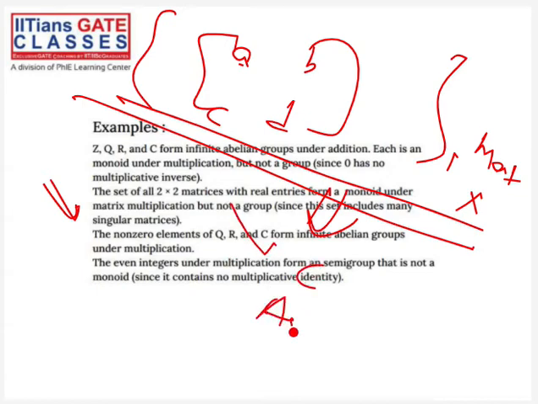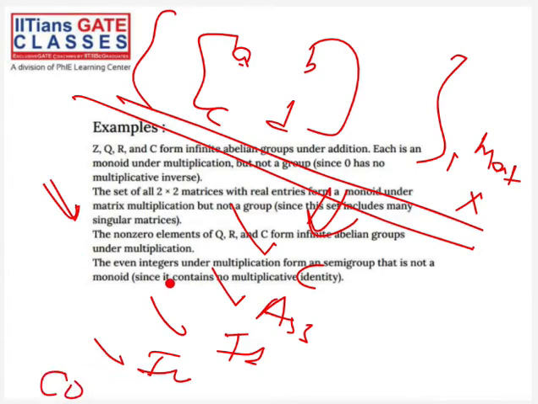Then you can check associative property, then you can check for identity element, then you can check for inverse element, then you can check for commutative property. So you can check all these things, and you need to find the highest structure it satisfies. Okay, highest structure. So you can check the answer actually here.